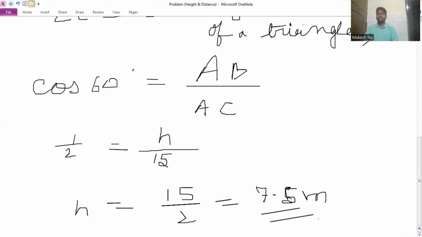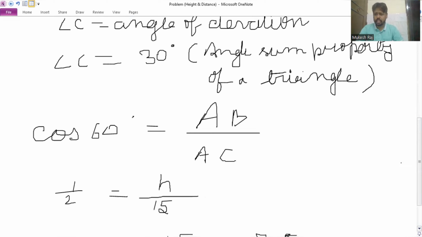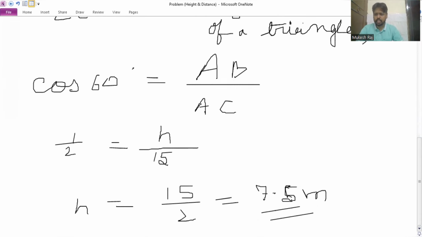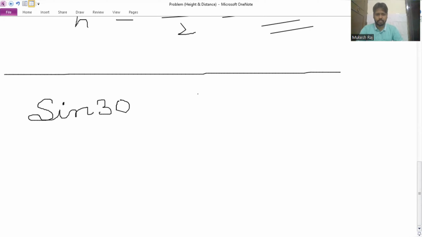So this is how we can calculate the value. The first case implementations are very easy, or we can even get it done with the help of the sine 30 value. So who can tell me how we can apply it? Sine 30, this is the second method. Sine 30 would be equal to